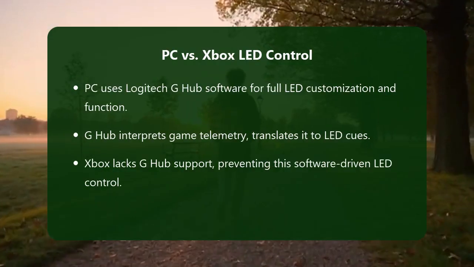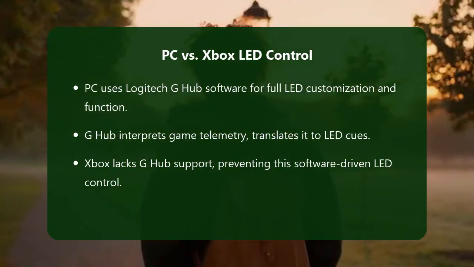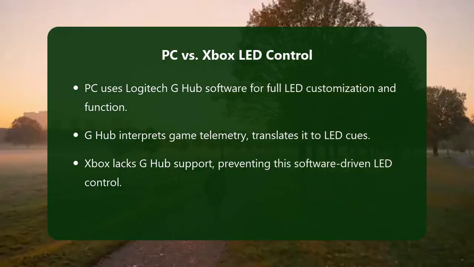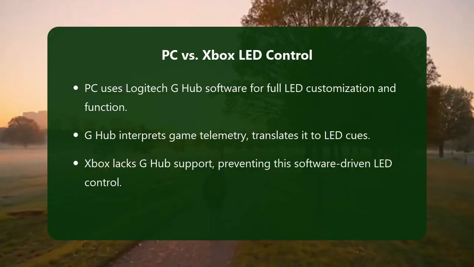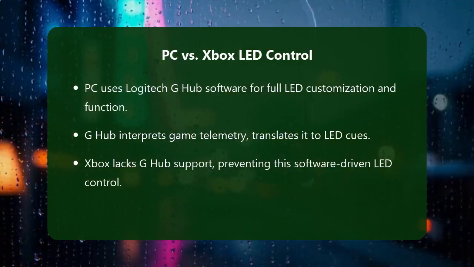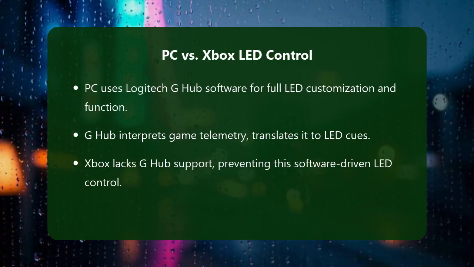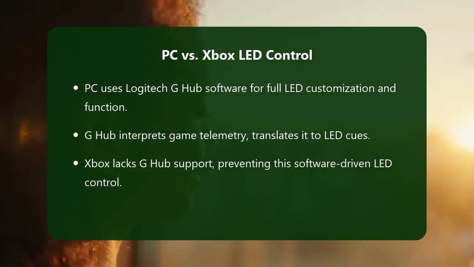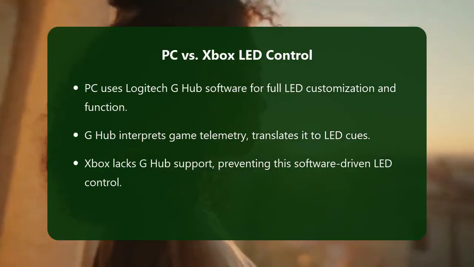these advanced RPM indicators. On PC, the G923's RPM LEDs are fully customizable and functional because Logitech G Hub software acts as an intermediary. G Hub communicates directly with the wheel, receives telemetry data from games, and then translates that data into visual cues on the LED strip. This allows for precise control over when the lights illuminate, their color, and their intensity, all synchronized with your in-game